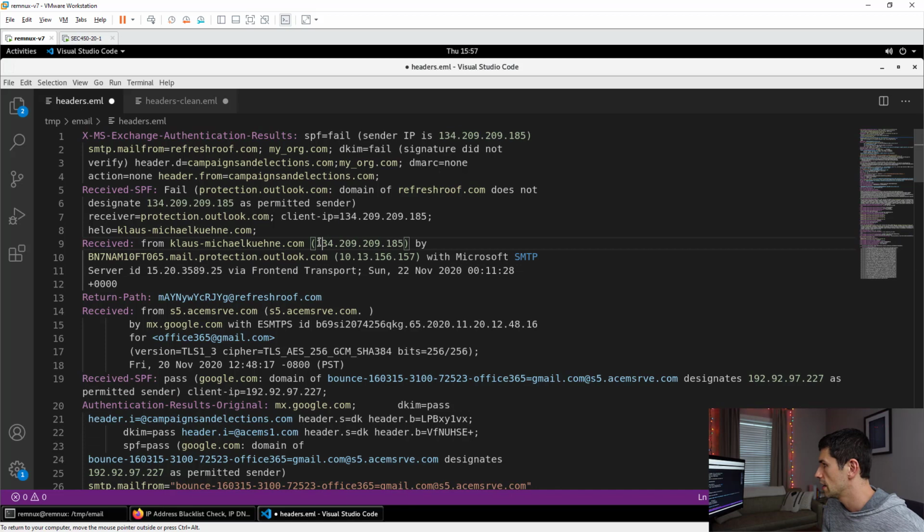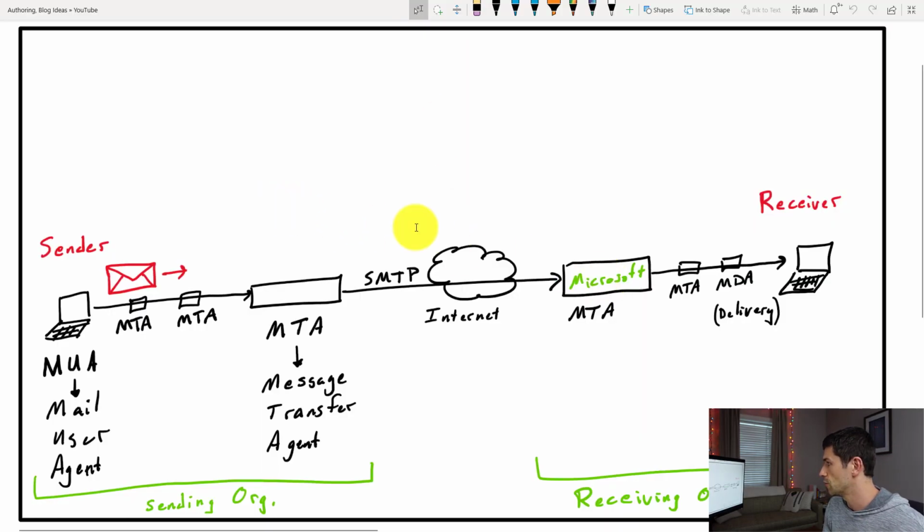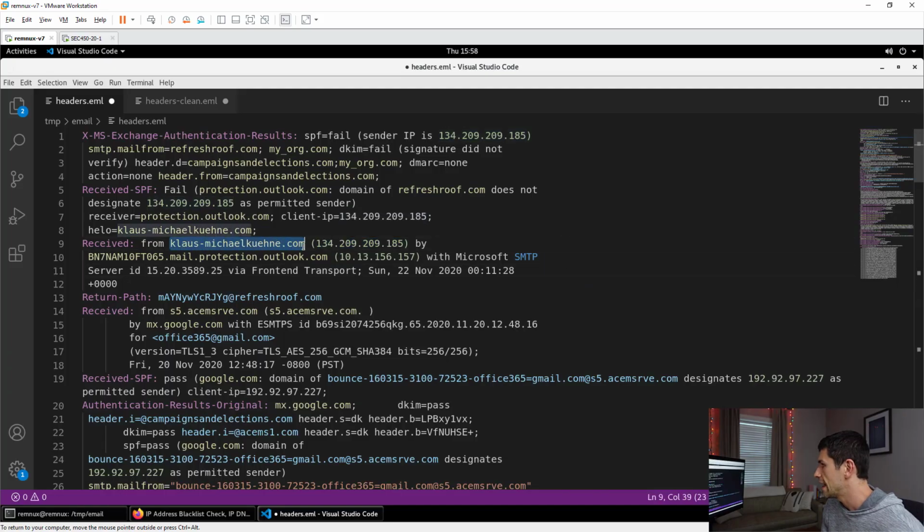So we look at this. This is the IP address that we can trust. There was a TCP connection that was made. It cannot be spoofed. That is the IP address of whoever sent that email over the internet and passed it to Microsoft. It connected to our server and identified itself as